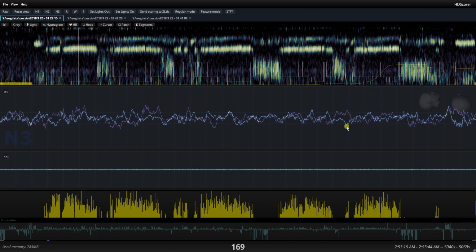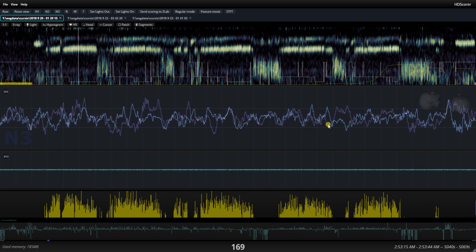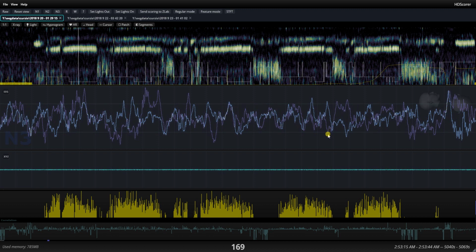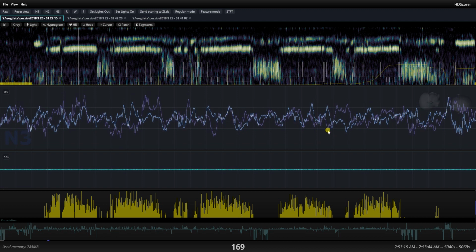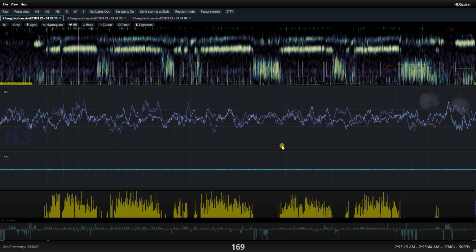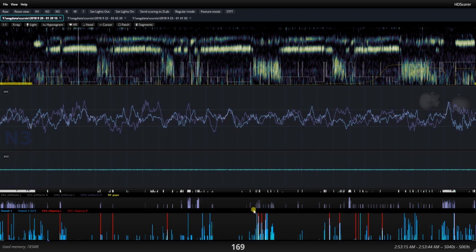Do you consider this bit right here to be in excess of 75 microvolts? Numerically, it is, because it's sticking out just a little bit, but it's sticking out so little that I think a human scorer would not count that. On the other hand, this is a clear exceeding of the threshold. You also have to keep in mind that at times there's sweat. This is not very evident on my recording. It seems I don't sweat that much, but there are